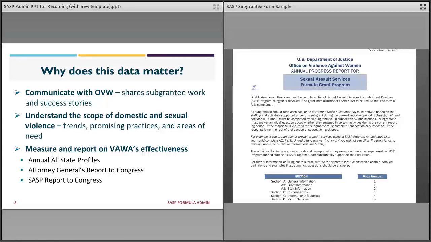The SASP report to Congress has a few different parts. Part 1 includes what allocations and distributions of SASP program funds there are. In Part 2, there's the effectiveness of the SASP program in general. Part 3 goes over SASP aggregate accomplishments, and the appendices include state-by-state allocations, victims served, and demographics by state.